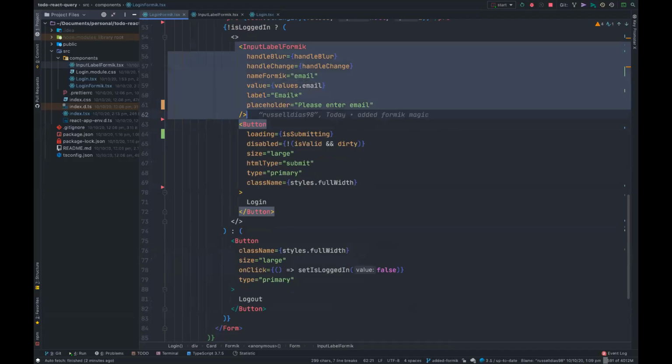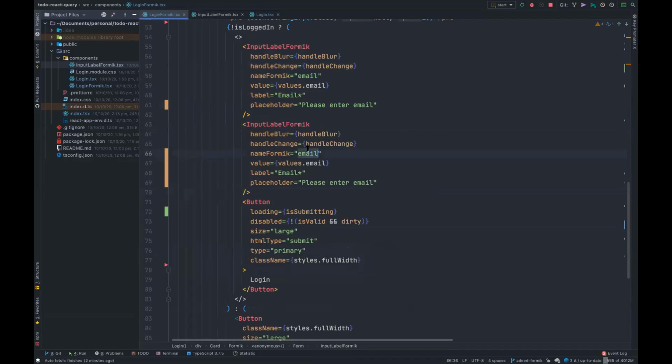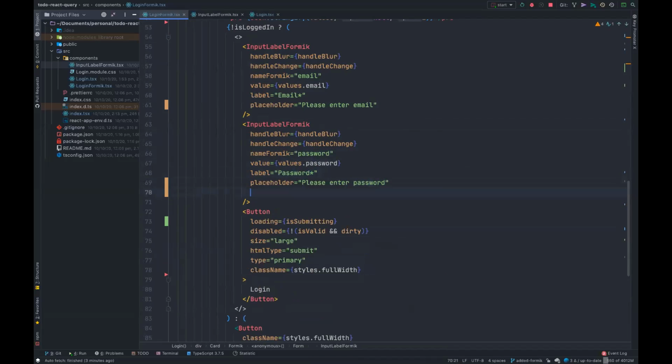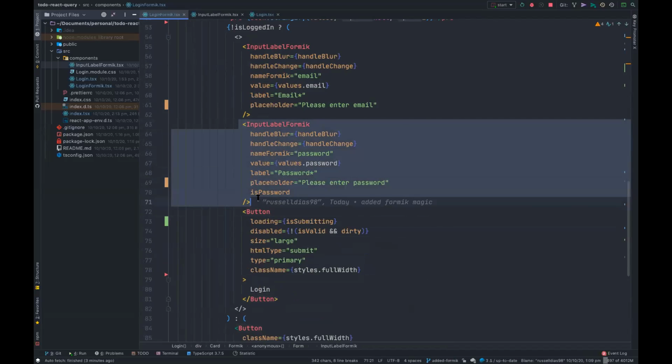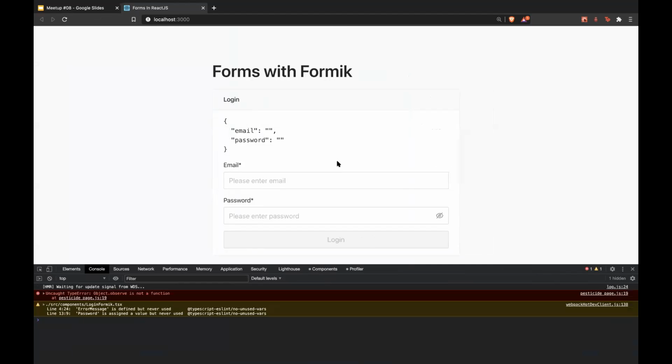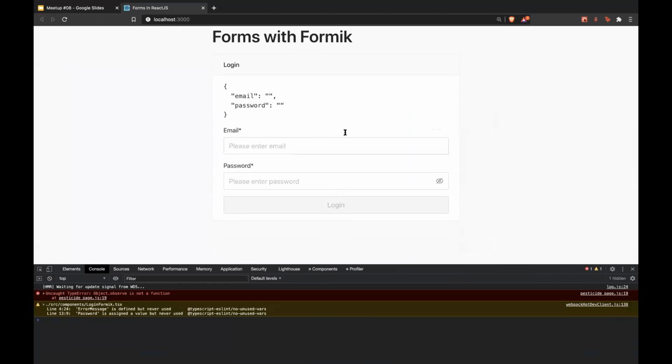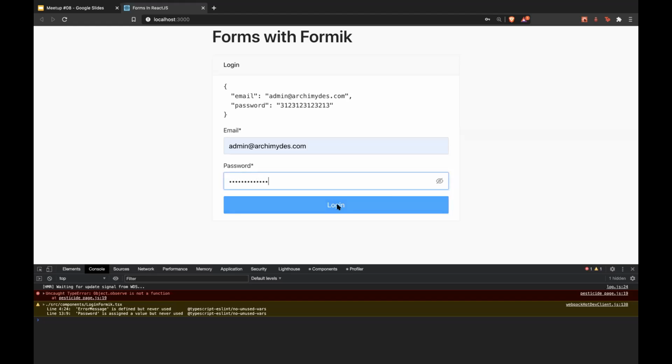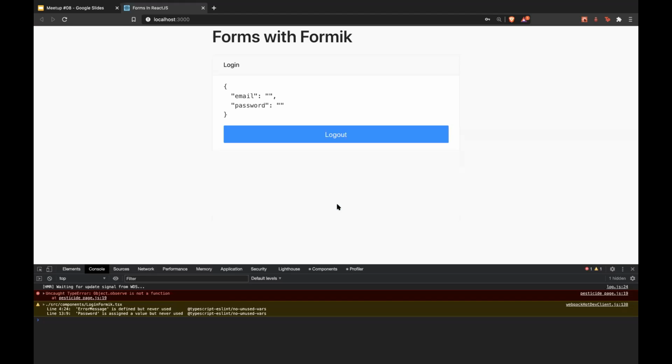Let's copy this down, and we'll have to change this to password, and this to password, and this to password as well. And finally, we know this is a password field, so let's just say isPassword is true. So we're going to see a password input rather than its normal input. Now if we jump back and refresh, nothing should change. Obviously, this should all work out of the box. So let's just say admin, we type out some stuff, we hit login, this still works, and bam, you're done,